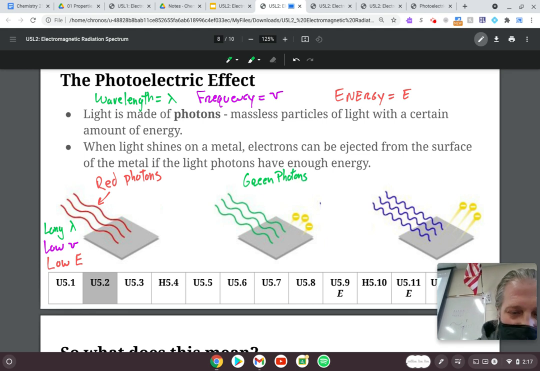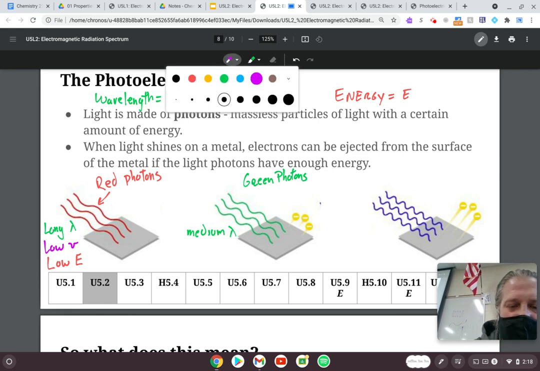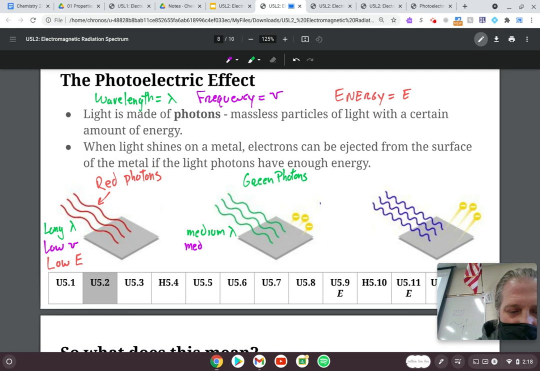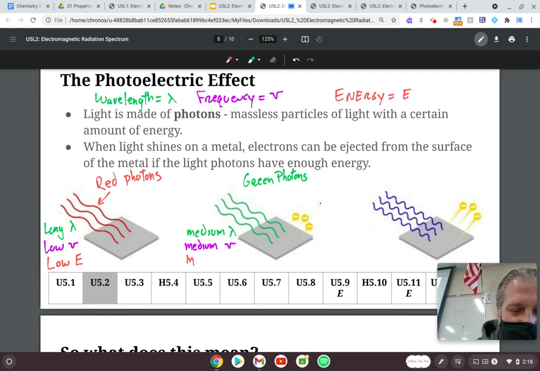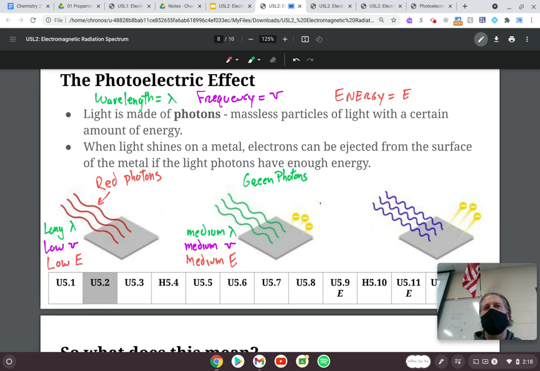And here you have medium wavelength. You have medium frequency, and you have medium energy. Okay. Now, what I want to note here, and on your diagram, you don't see these red or these